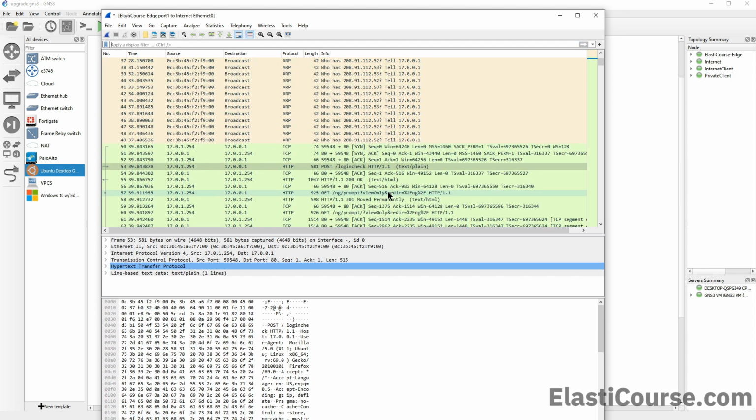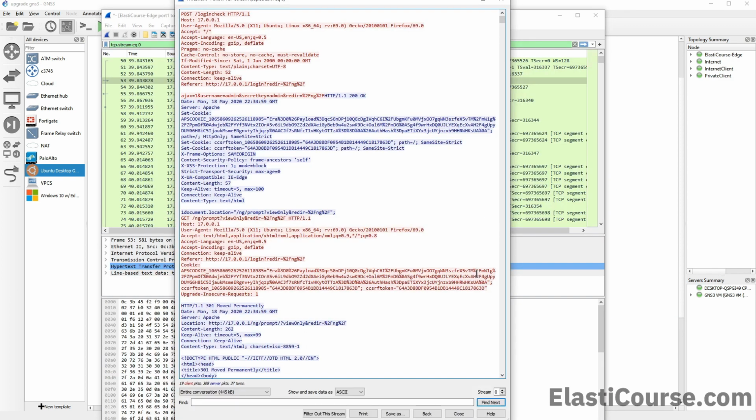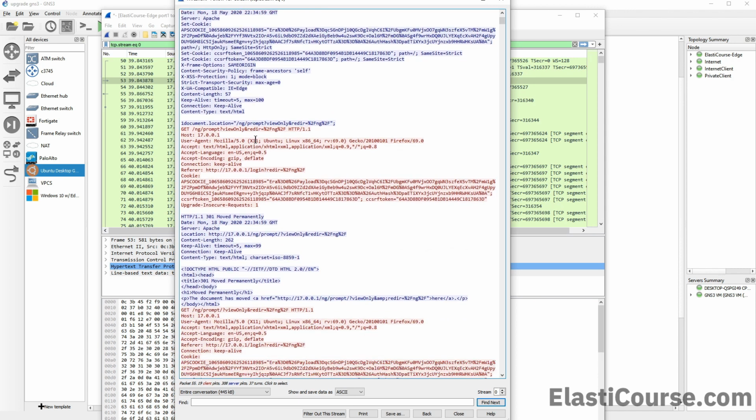But the worst part is if we go back all the way until the beginning of the session, we can see here once the handshake was completed, our login check page was posted. So if we try to go ahead and follow this TCP stream, we just click Follow TCP Stream. This would show us all the data in clear text, like the HTML data for the GUI